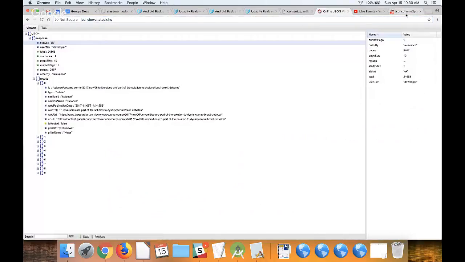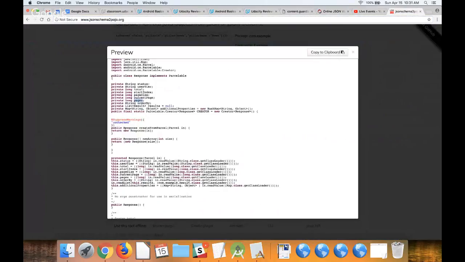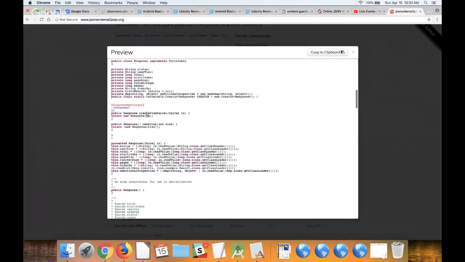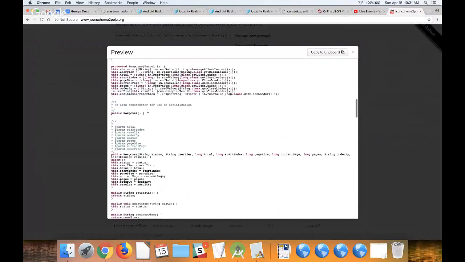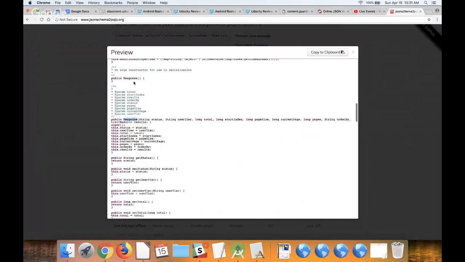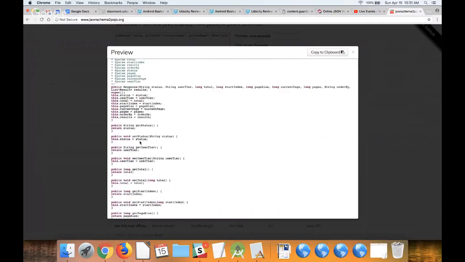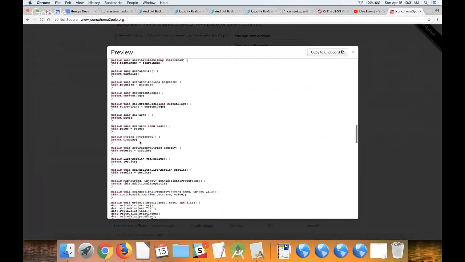Okay, so all those are fields, and then we have the Parcel implementation. There's the constructor, this is the empty constructor, and this is the constructor with all the parameters or fields, and then the getters and setters for each of them, right?